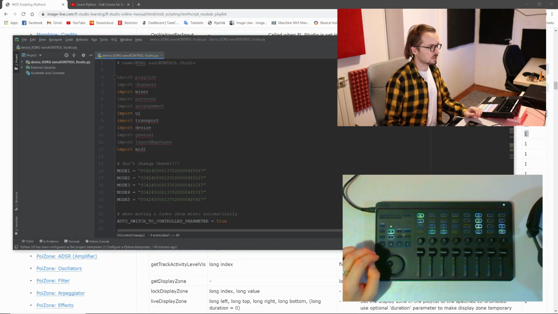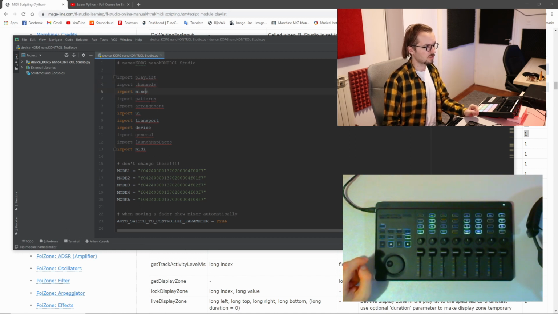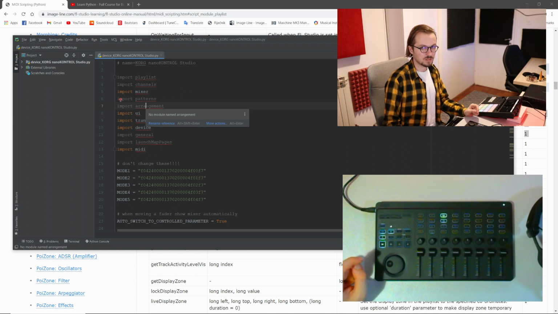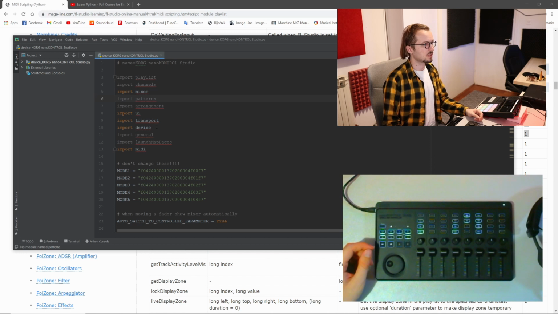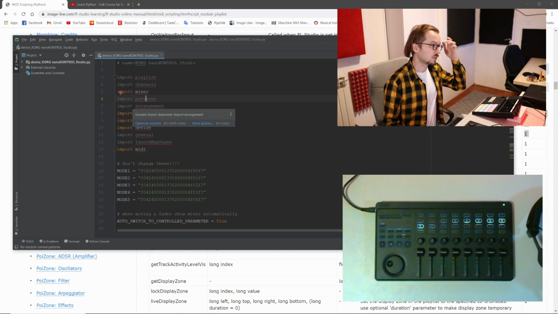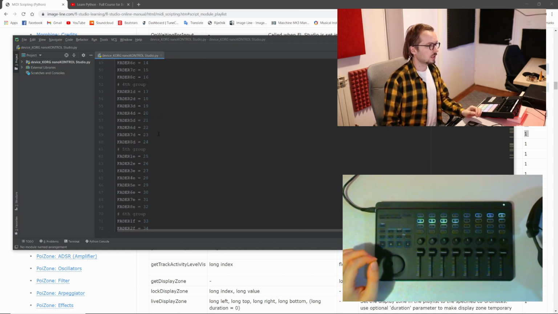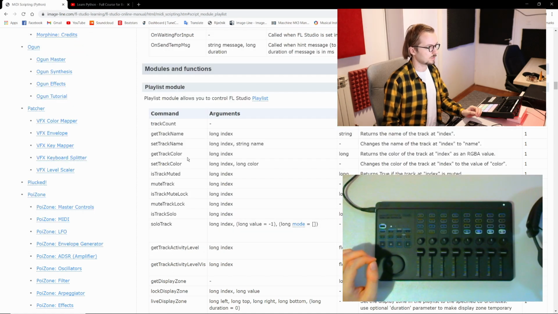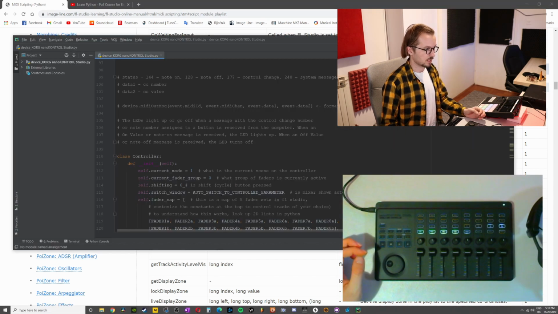The safest thing is to import all of them, which I don't think is really the correct way of doing it. I don't know if you're just doing too much. If you're importing all of them, maybe there's no need. Maybe that's somehow bad. But I imported it nonetheless because it's easy. Then I covered it, and I don't have to worry if I imported them or not. So when you import them this way, you're gonna be able to use all of those functions inside. So let's go back to the